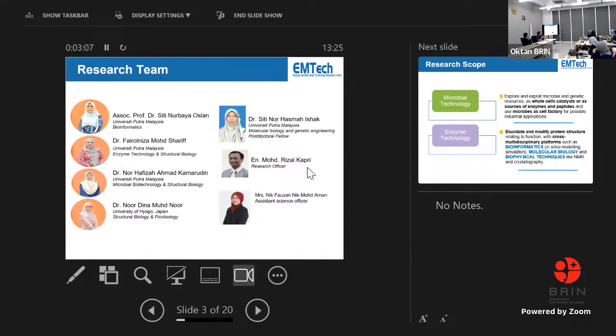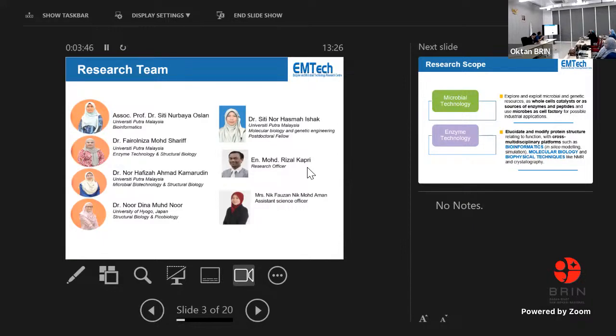She looks into enzymes such as lactase, and other inhibitors, for example alpha amylase inhibitors. She graduated from Universiti Putra Malaysia. You also have here Dr. Nafiza and Dr. Nodina Mamano, our two speakers for today. They have a vast background in structural biology as well, and Dr. Dina's background is very unique: the field of picobiology from Japan, which is structural biology at the atomic scale, at the picometer level.